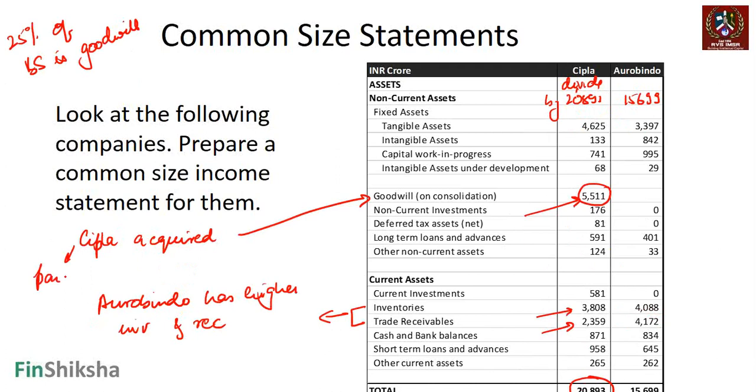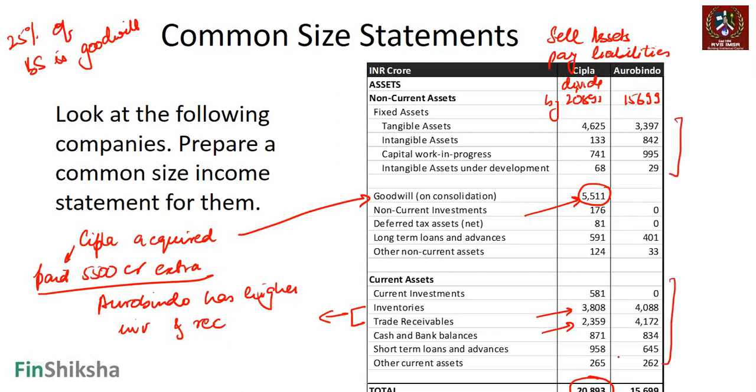Cipla paid 5,500 crore extra while purchasing something, right? Now think about it. If the company closes the business today, they will sell assets to pay liabilities, correct? Now in the case of Aurobindo, all the assets are basically tangible assets. You know what those are. In the case of Cipla, however, if you sell the assets to realize 20,893, it is important that you